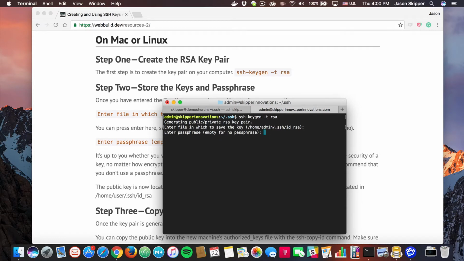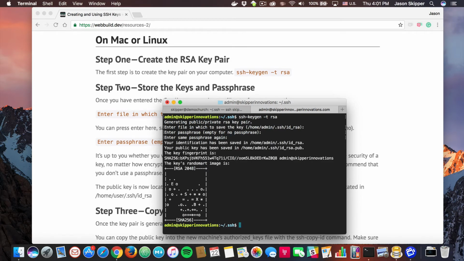Do you want to enter a passphrase? You could. I recommend you don't, because of the way this is set up here. I don't think it's necessary, and you are going to have to remember that. If you don't, you really aren't going to be able to get out of it. So you really don't need it. It's from one computer to the other. I think you're fine. So just hit enter or return again, and you're going to see something like this